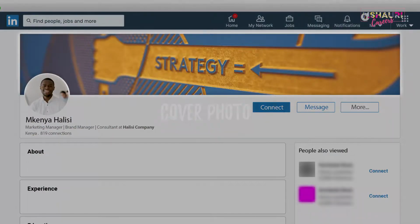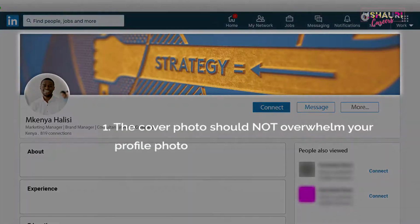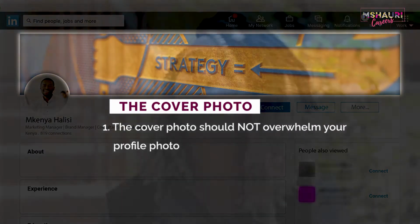Let's talk about the cover photo. So the cover photo is interesting. It's important to have a cover photo, but it's important that it doesn't overwhelm your current photo. So what I mean by that is make sure it's not too busy. It doesn't have so many moving parts, because if it overwhelms your profile picture, then it diminishes the purpose of